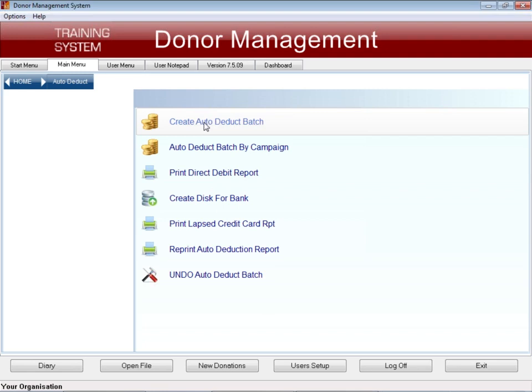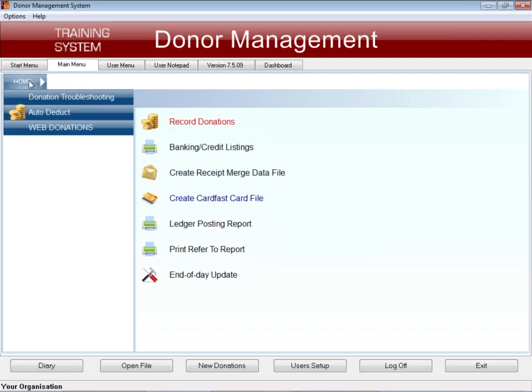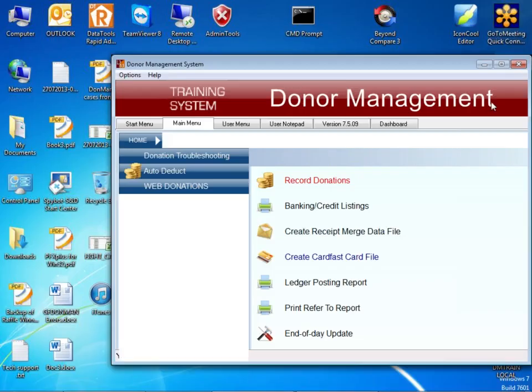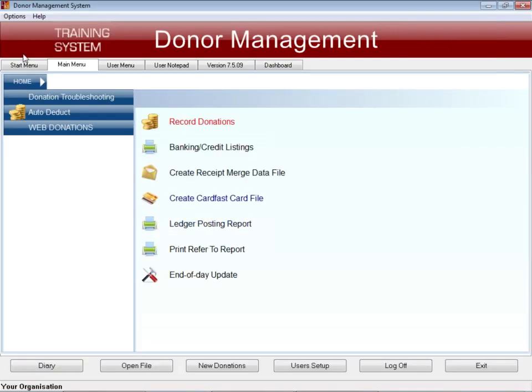Once we've successfully completed this stage, I then go back to housekeeping, back to donation processing, and in this state Donman has basically created a batch of the donations for me. And so you can see down the bottom of the screen it's saying there are 99 donations in the temporary file. So if I have other banking to do, I can now just go in and create a new batch.